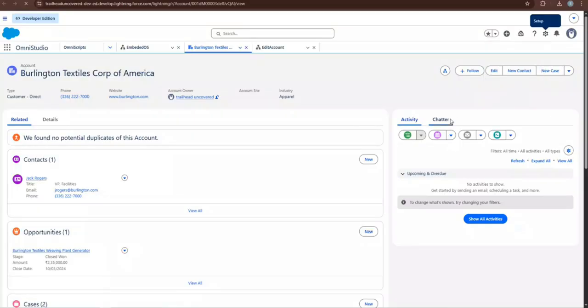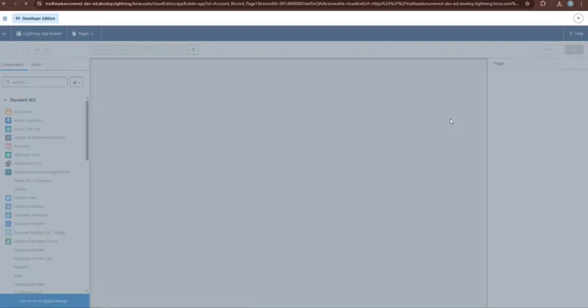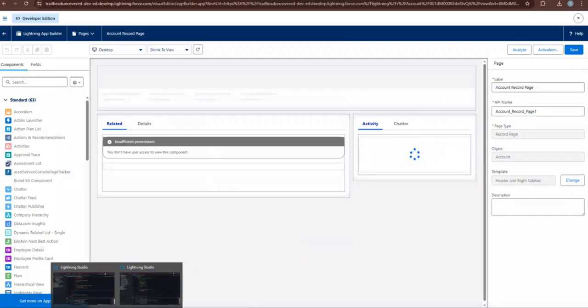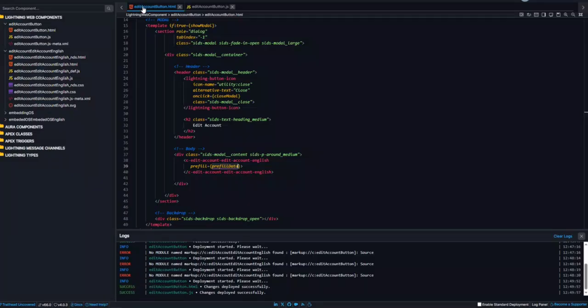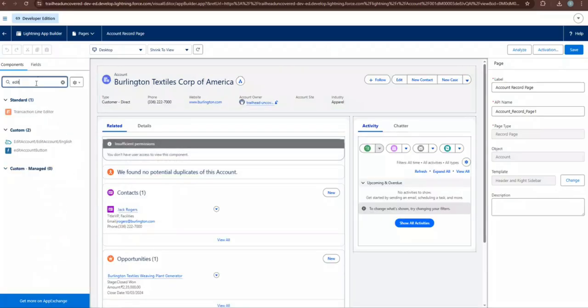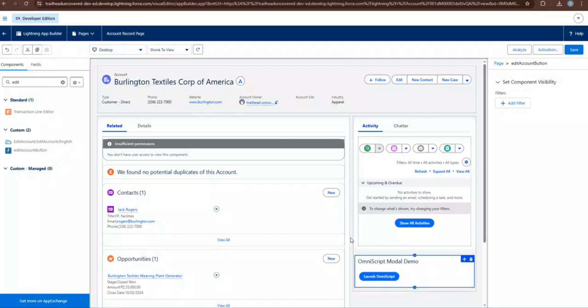What I will do is go to the edit page, and then whatever the LWC which we created, the name of our LWC is edit account button, right? So I will search directly for this LWC here. So I am able to find this LWC. So simply I am going to place it at the record page level, right? So let me save this thing